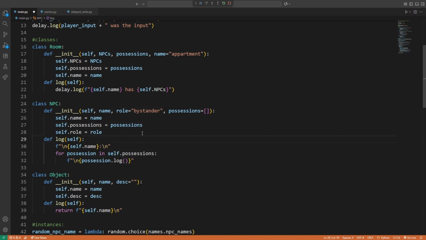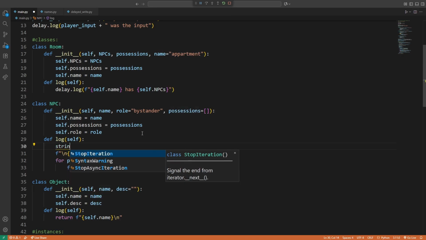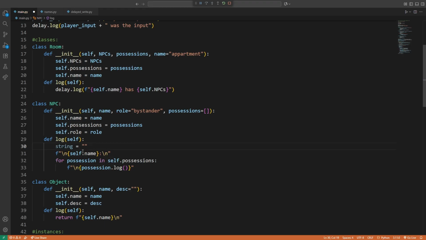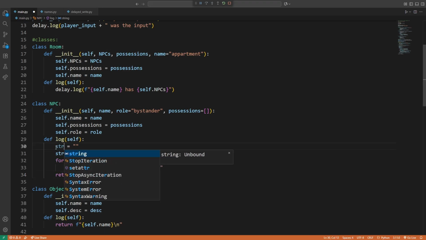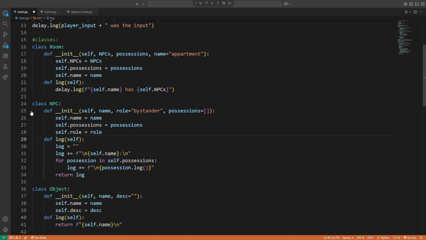And let's make sure that this is all adding into one string. So string equals a blank string, and then string will plus equal this, and then string will plus equal this, and then we'll just return our string. And Python might throw some errors here because string is a default name. So instead we'll replace string with log. And the reason why this won't throw an error is because we actually would have to say self.log in order to call this. So in here, delay.log our self.name and our self.npcs, instead what we should do is we should say has,